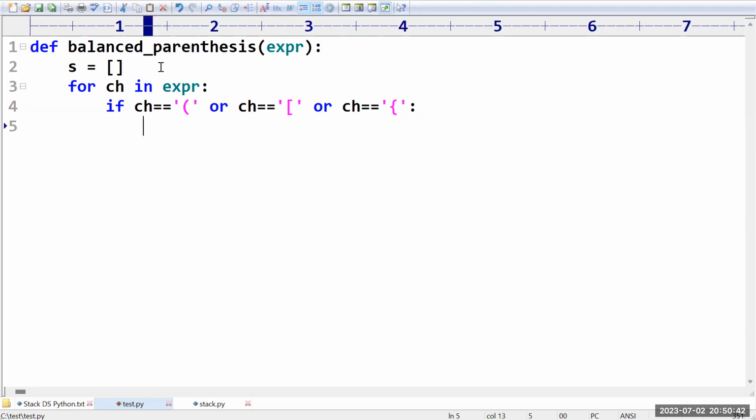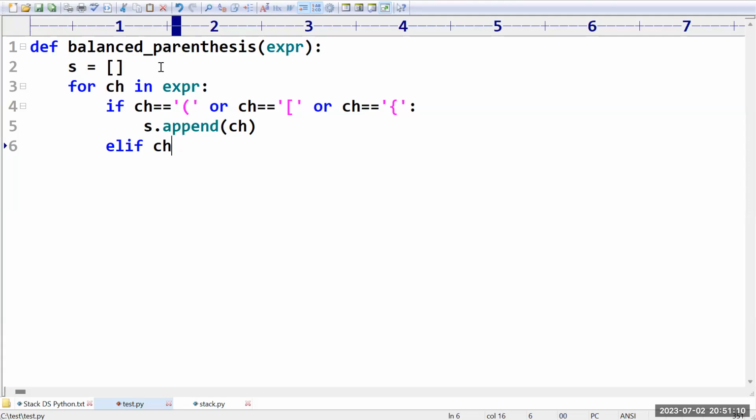If any one of these three came, then what we have to do is append that character into the stack, sir. Sir, other than this, any other character that came definitely should be a closed parenthesis only. Else, if